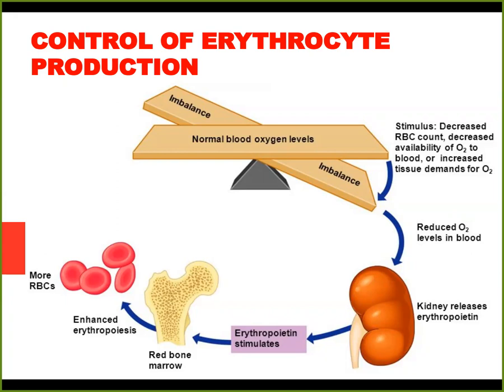If the oxygen level in blood decreases, it's a signal for our organs, especially kidneys, to stimulate production of red blood cells. Especially kidneys, because they produce a hormone named erythropoietin, and this hormone stimulates bone marrow to produce more red blood cells, and